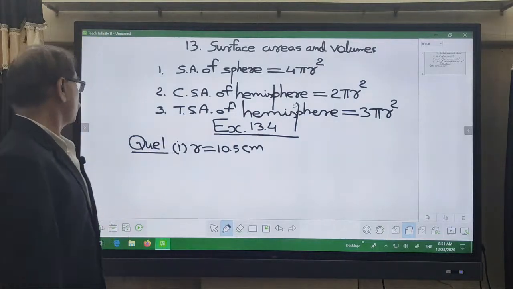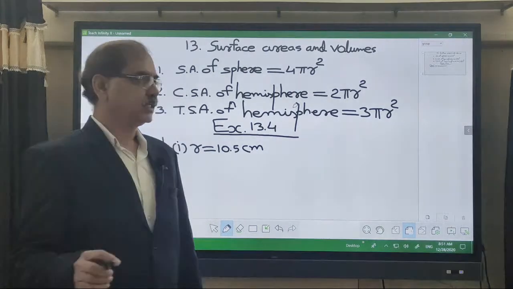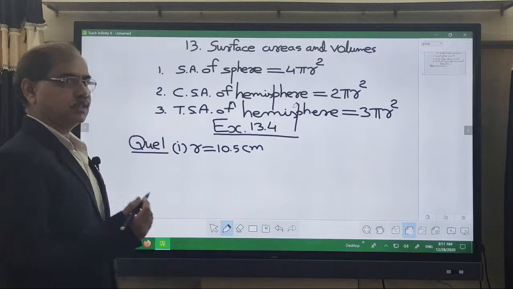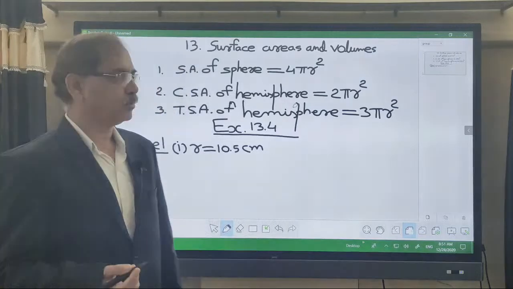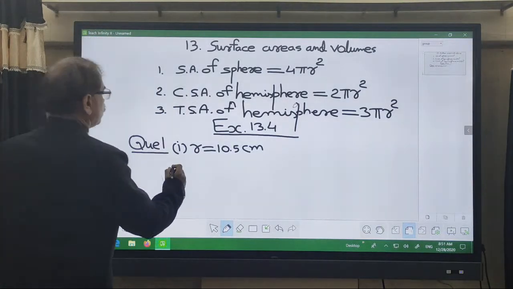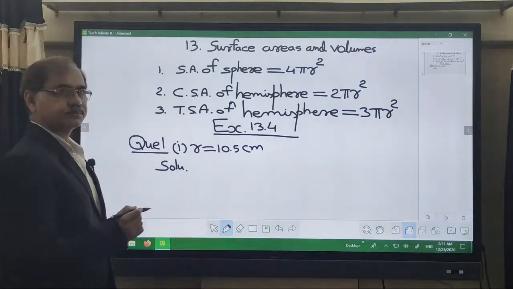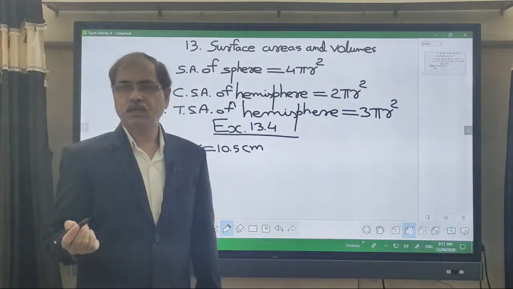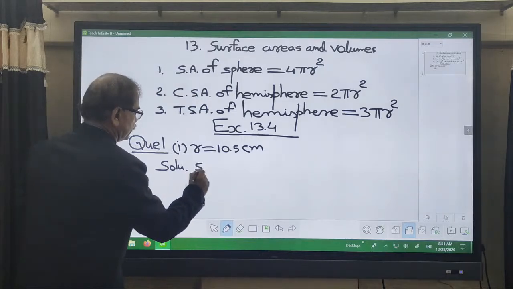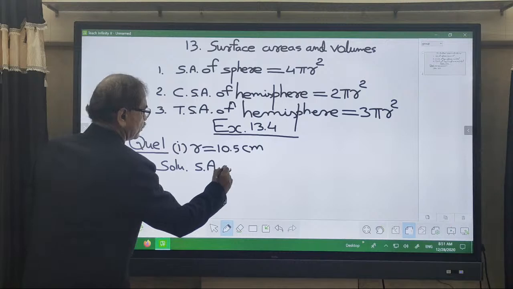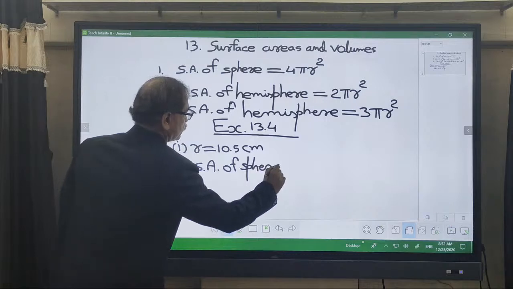Exercise 13.4, question number 1, first part, radius given to us is 10.5 centimeter. In the test or in the exam or in your regular notebook, when you are starting the calculations, first, in the margin you may write solution. We are talking about spherical shape, so we will be writing the formula of sphere. So we will say surface area of sphere is equal to,